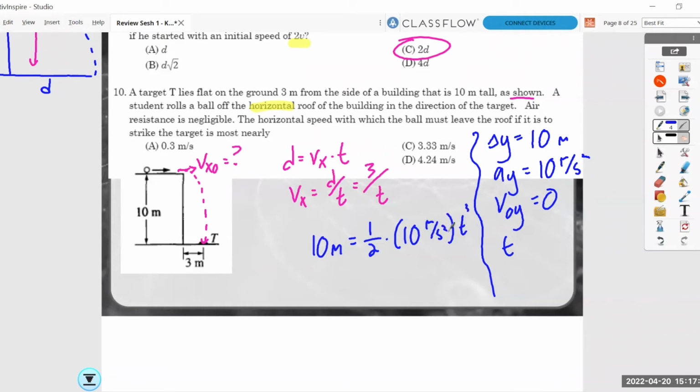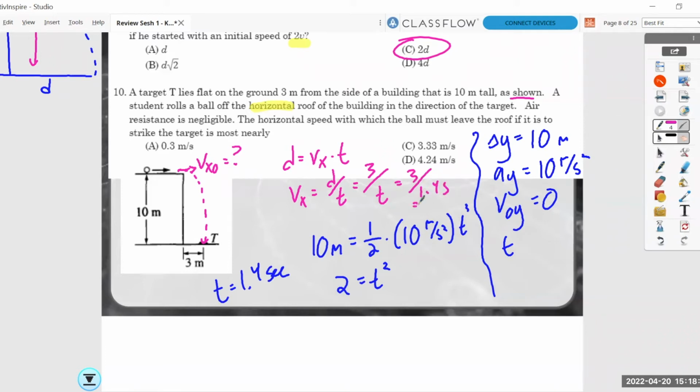T squared. Let's see, we can do this. So 1/2 of 10 is 5. 10 divided by 5 is 2. T squared equals 2. That makes t equal to √2, which is about 1.4 seconds. And if we take that time now and bring it back up here,